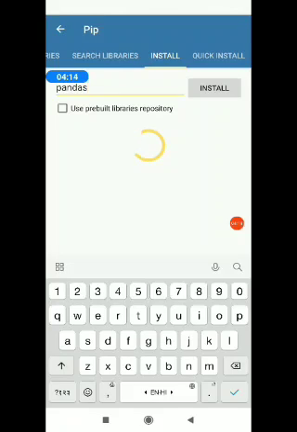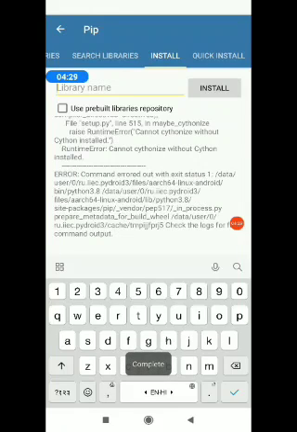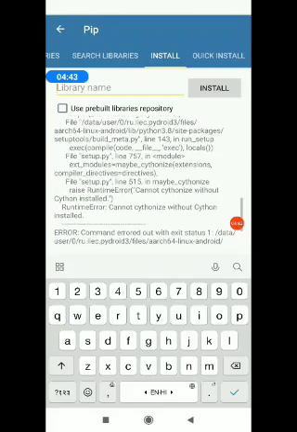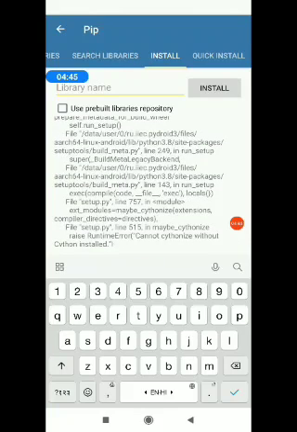It is installing it. I am collecting pandas. It is showing downloading pandas. I will show you once how to install the libraries in Python. It is showing completion, but let me see whether it is installed or not.